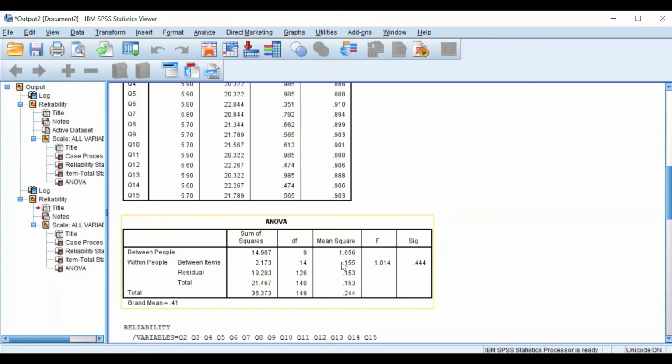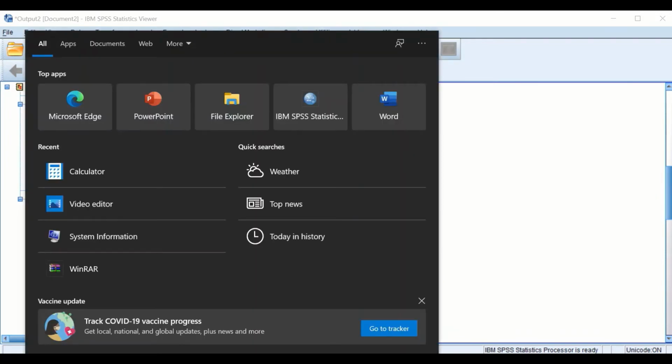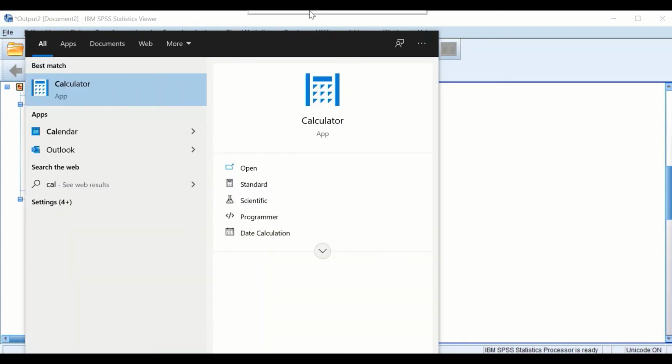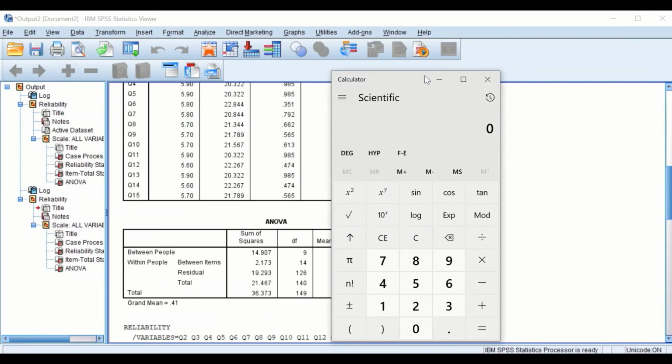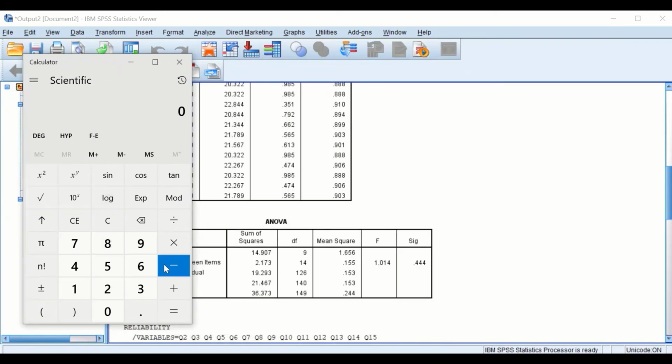The important values to look at are the mean square between individuals and the residual. The residual is the error. So to calculate Cronbach's alpha from this table, you're going to use a calculator. So in this calculator I'm going to use this equation: 1 minus,